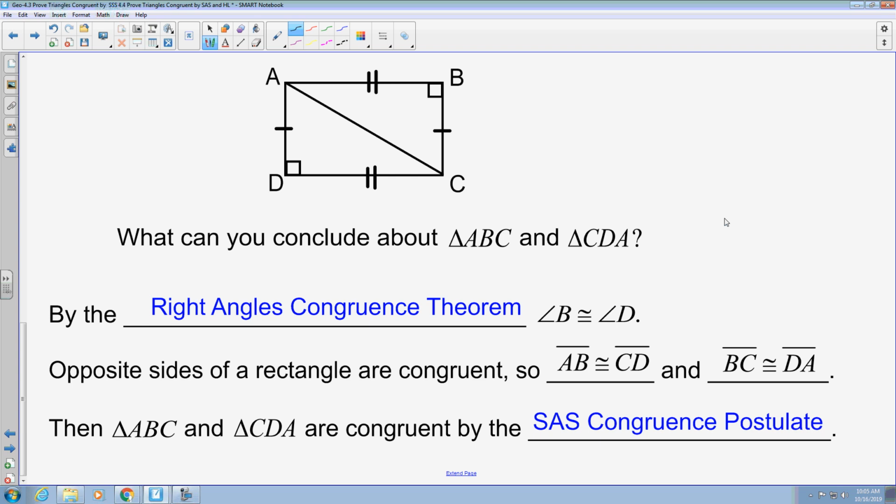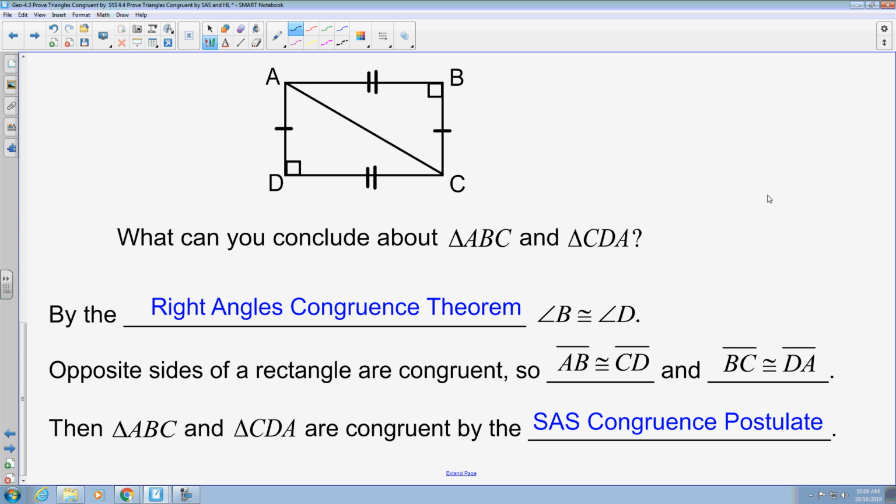That makes sense. Here it says the opposite sides of a rectangle are congruent because that's by the definition of what a rectangle is. So we could say that AB is congruent to CD and BC is congruent to DA. So we have two sets of congruent sides. We have one set of congruent angles that are in between that. And we can then say that triangle ABC is congruent to triangle CDA because of the side angle side congruency